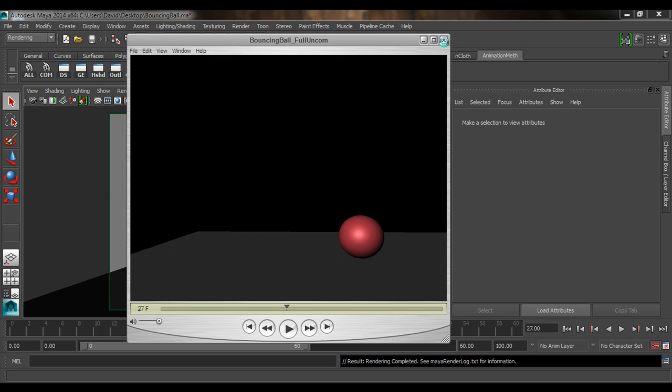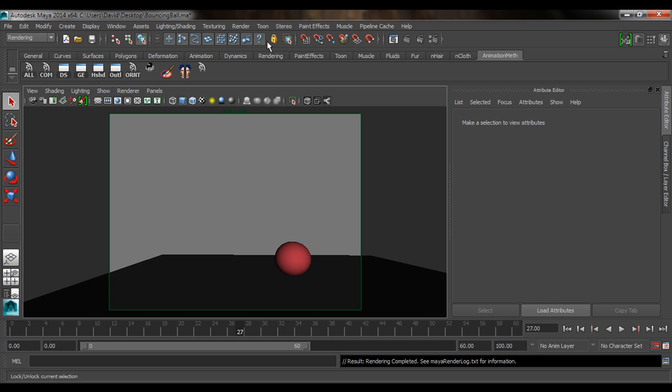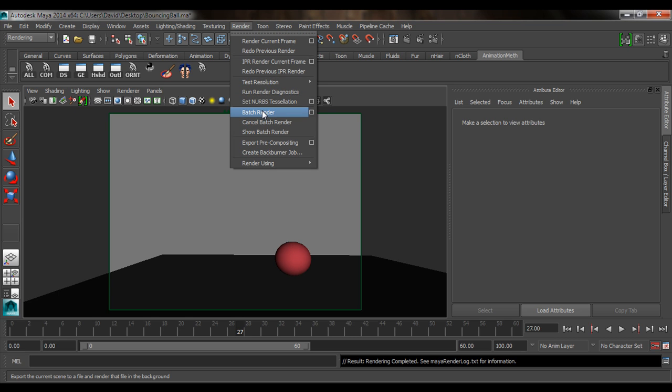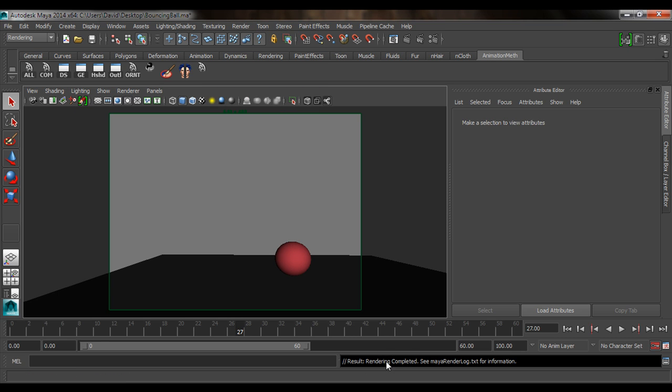You do it like this, you render an AVI. Professionally, I never render out an AVI, because here's why. If I'm rendering this AVI, this movie, and I come in here, render, batch render, and I let it do its batch render, and you see it running through its render of each frame. For some reason, you can never predict this, if Maya crashes during your render, and let's say you have a lot of stuff in your scene, a lot of lights,